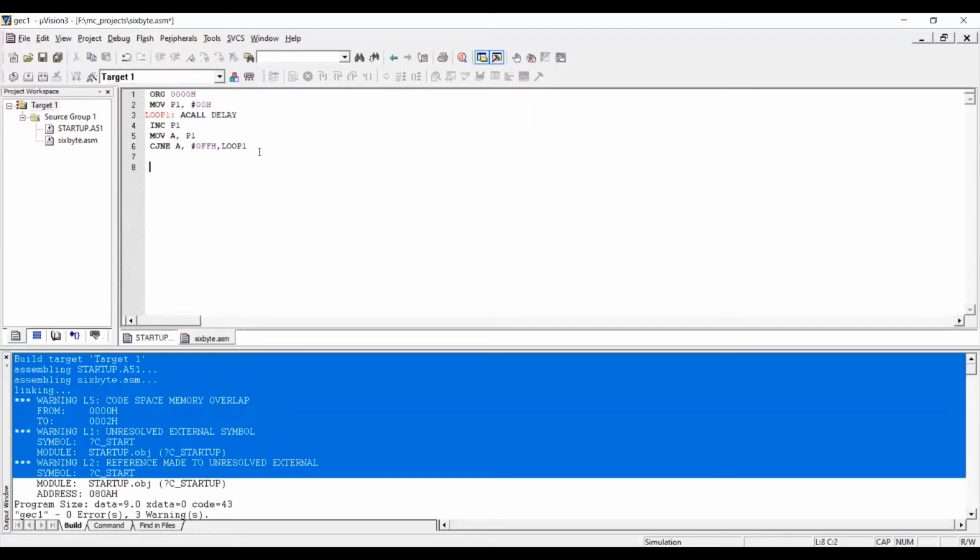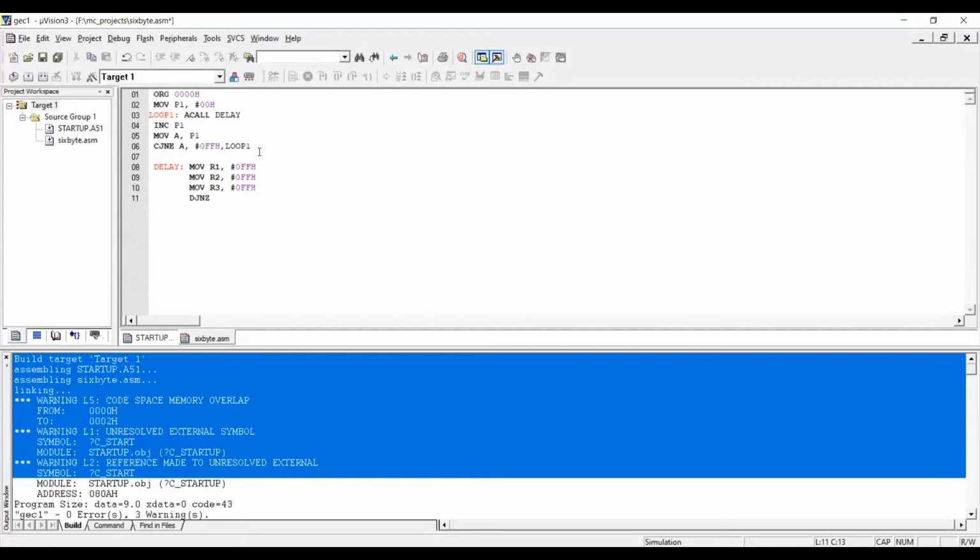Now I'll write the delay routine. Move R1, comma, increment jump.